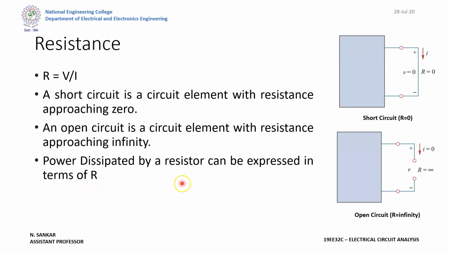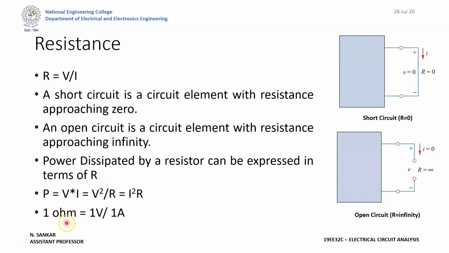So, power dissipated by a resistor. That can be represented as power equals V times I, which we already know. Now we can represent V in terms of R. V is equal to IR, so if we substitute here, it should be equal to I squared R. Similarly, I in terms of R: I is equal to V by R, so power is equal to V squared by R. So these are the formulas which can be used for the power dissipation in the resistor.